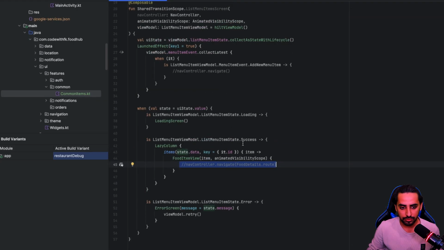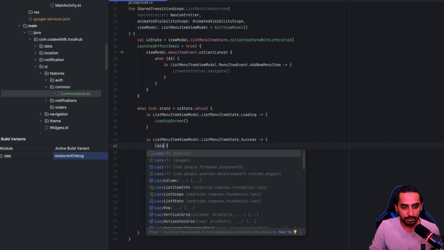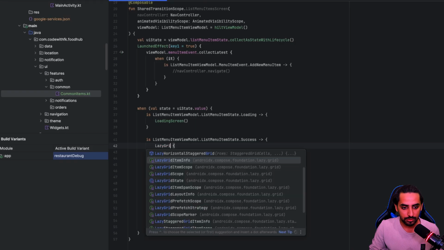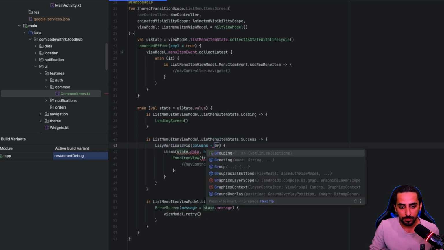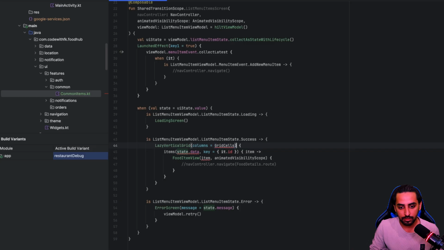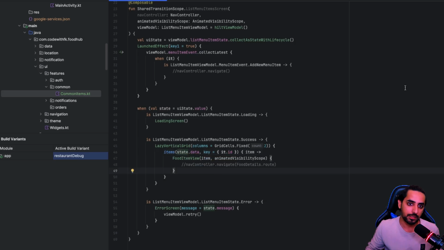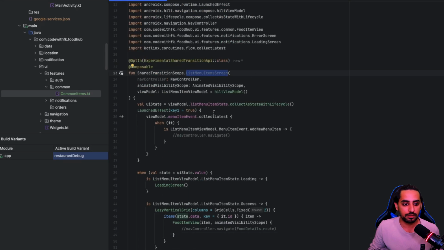And I think the rest should be fine, or maybe we can create a lazy grid for this rather than this, because it should be a lazy vertical grid. Column is a grid cell, okay, and we're going to say grid cell dot fixed as 2. Now we need to import items again, the one that contains the list, and then you are good. So basically that's something that we did. We have the stuff ready,